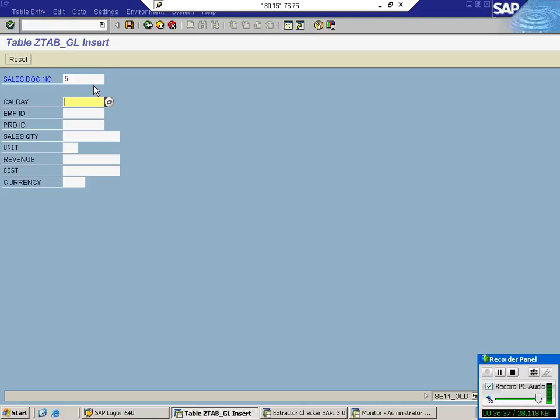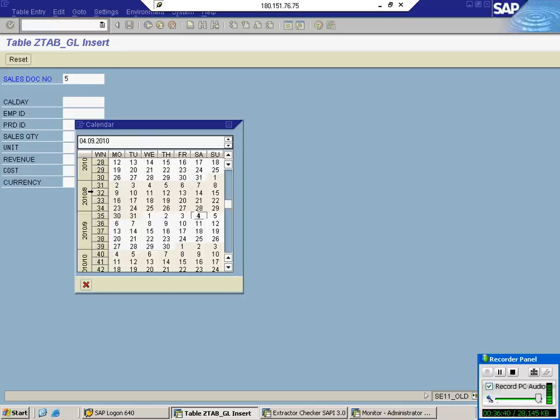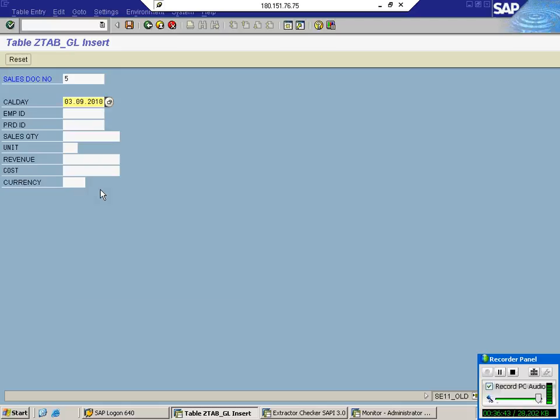I'm just going by document number 5, the child date, third, employee 100, 11, some quantity, EA, revenue, cost, save it. So what is the record's date timestamp? When it is created? On third, right?